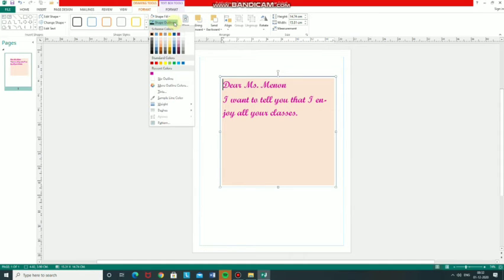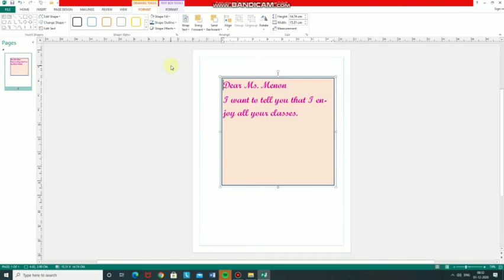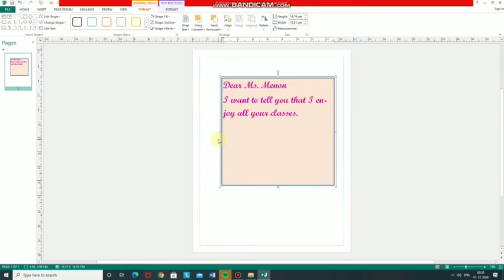Select Outline, then this color is selected for the outline. See the Figure 4.14. You can also increase the weight of the outline like this. The final text will look as shown in Figure 4.15. So you all have to create the paragraph and format the text and the text box like this, Figure 4.15.